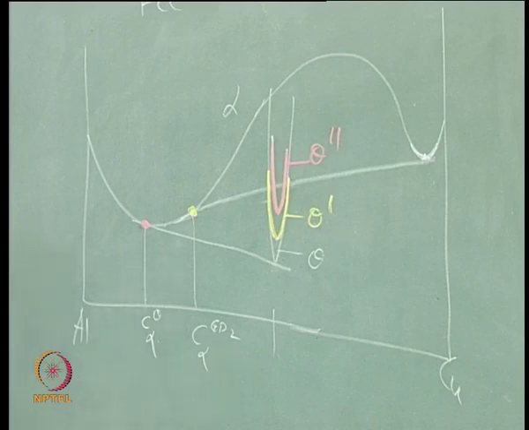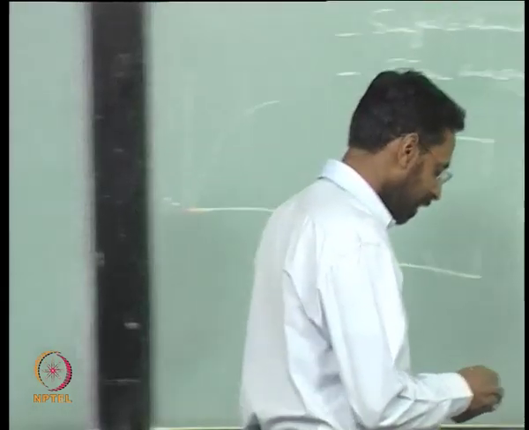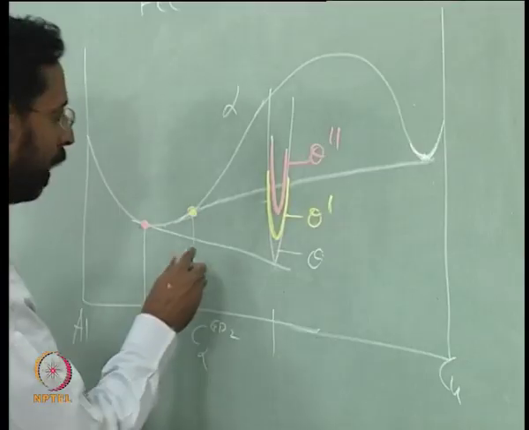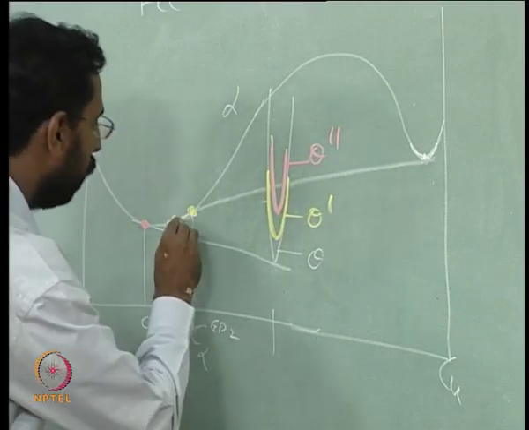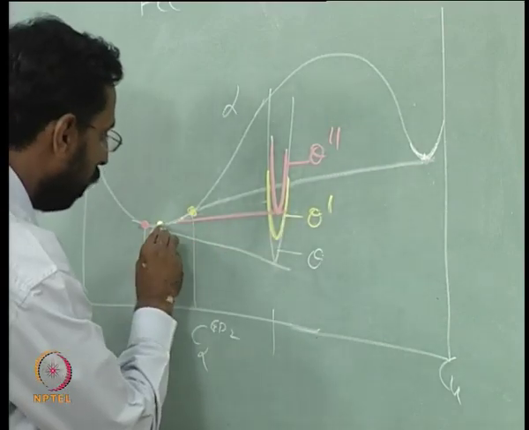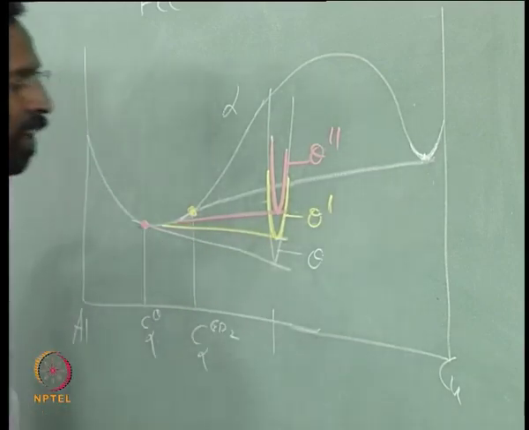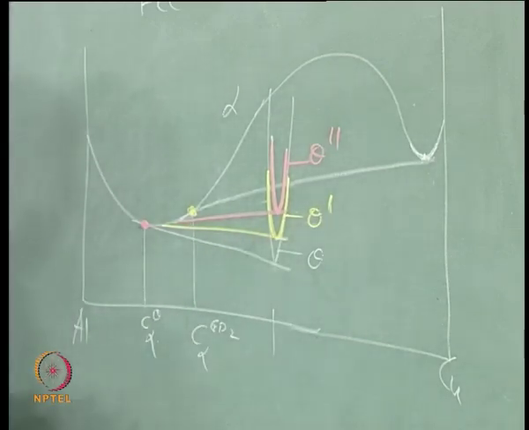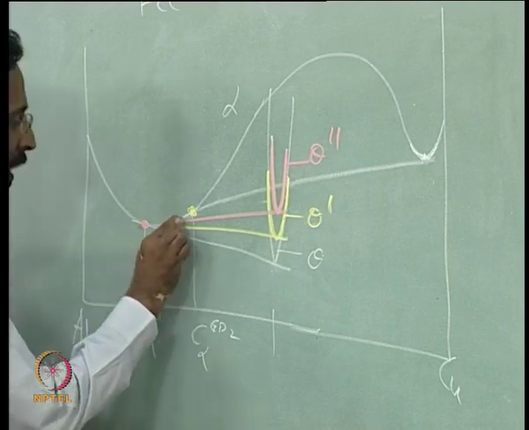And now if I look at these and again draw common tangents, let me draw a common tangent with this and another common tangent with this. Again if I look at those points, I will see